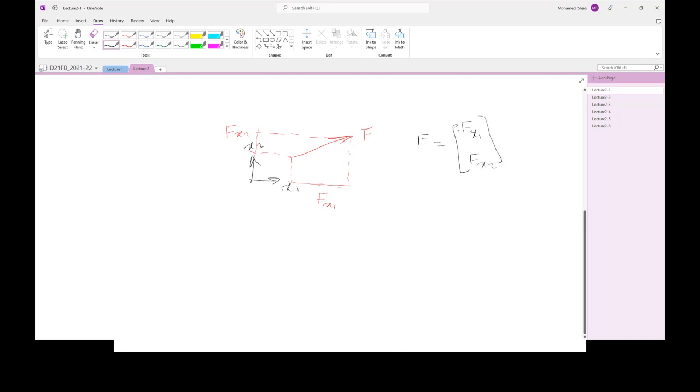Now, this can be positive or negative, or can be different things based on whatever direction you have for this vector. Okay, so these components can change based on the vector, but also based on the coordinate system. Now let us assume that we change the coordinate system. Instead of using x1 and x2, I'm just going to use another one. I'm going to call it x1 bar and x2 bar. Now, if you want to project this vector in this coordinate system, you will find these components to be